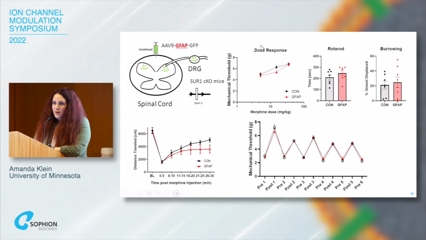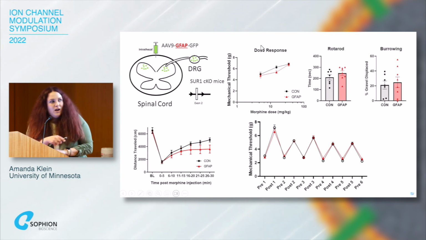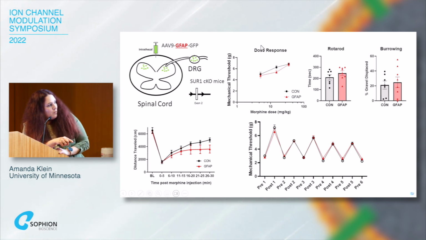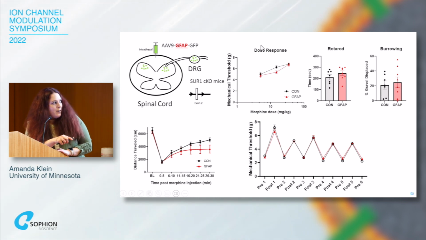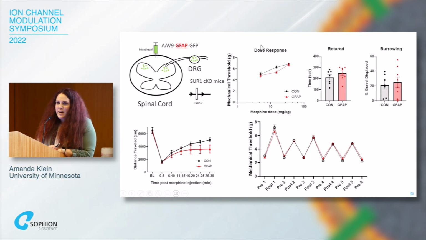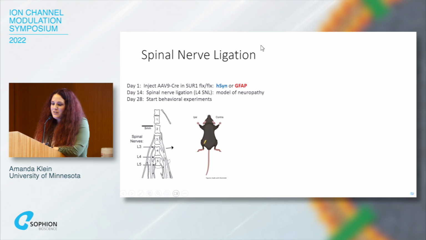So looking at morphine over the course of 5 days, we tested them before morphine application and after morphine application. That's why this graph looks like a sawtooth now, because you're testing before and after morphine. The red and the black lines are basically overlapping, so that's not very exciting. And we thought that the story was done until we started to use some injury models.